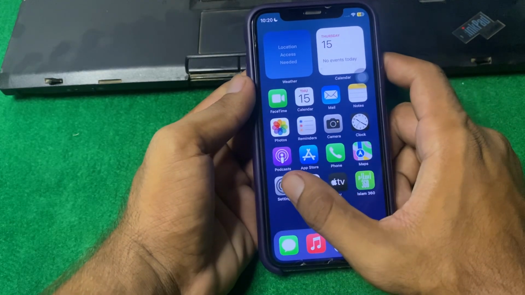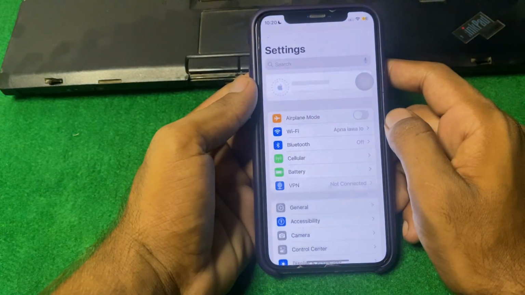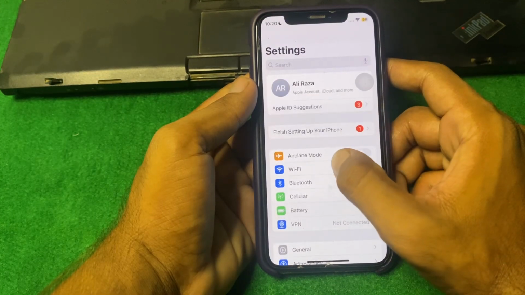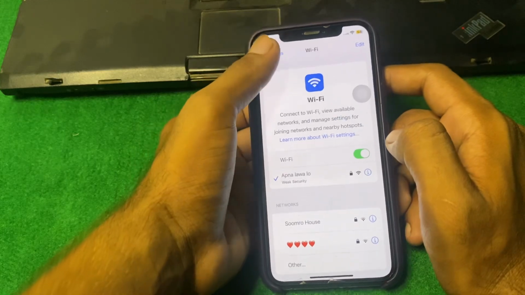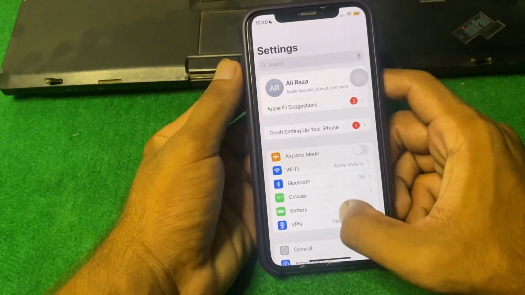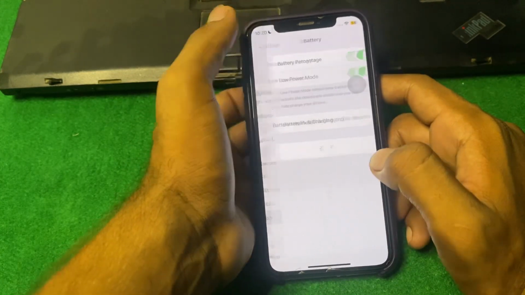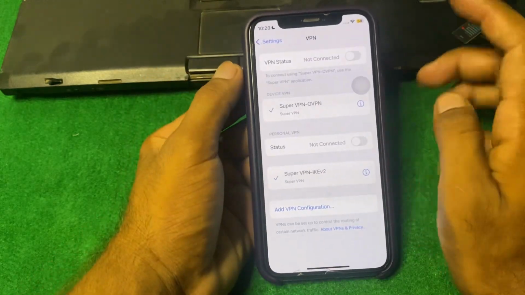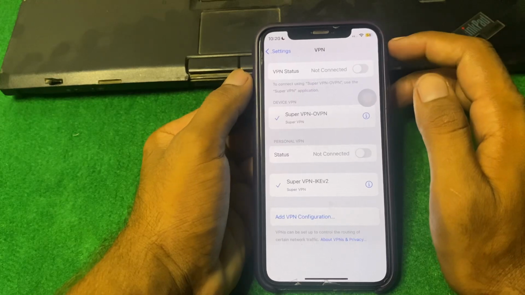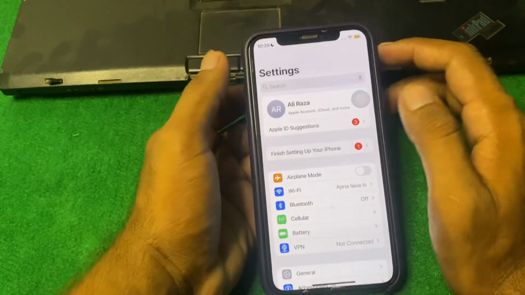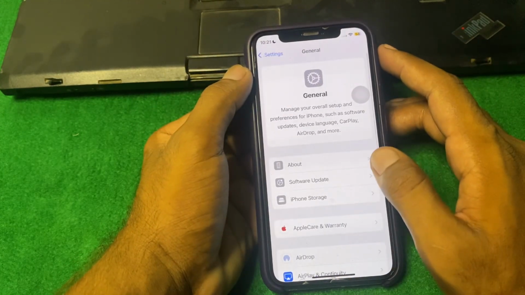So guys, first of all you have to simply open Settings. From here, simply tap on Wi-Fi and make sure that your internet connection is working properly, and after that go back and then tap on VPN, and make sure that there is no VPN connected. If there is any connected VPN, then simply disconnect it, and after that go back and then tap on General,